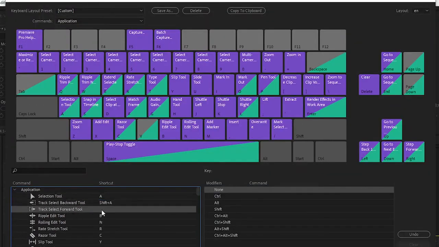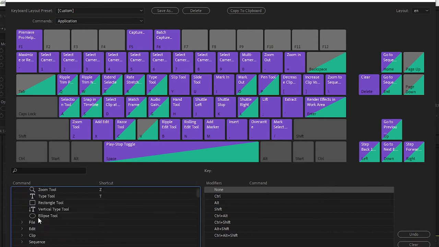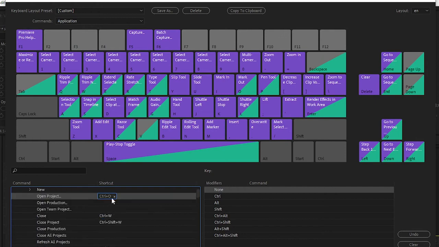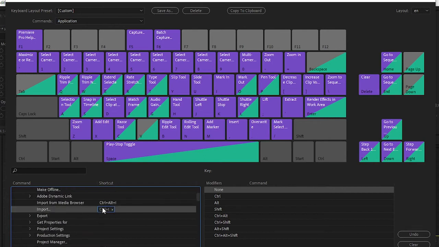Like in the File section, if you open it, here is Open Project. Here are the default keys. For Open Project, you have Ctrl plus O. Open Production, you have no key, so you can assign any key for Open Production or Open Team Project. For Close the default key is Ctrl plus W. For Capture we have F5. For Import we have Ctrl I. So if I want to change Ctrl I to only I, simply cross them,